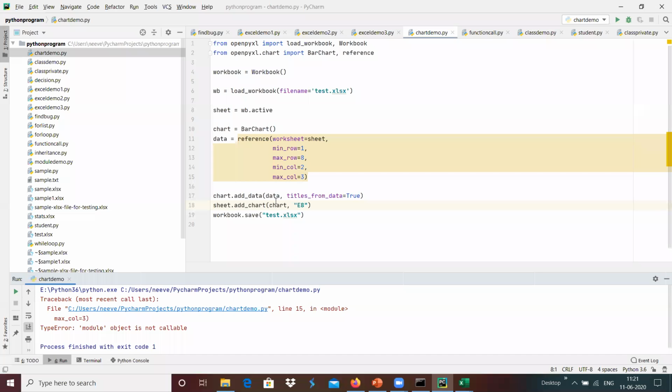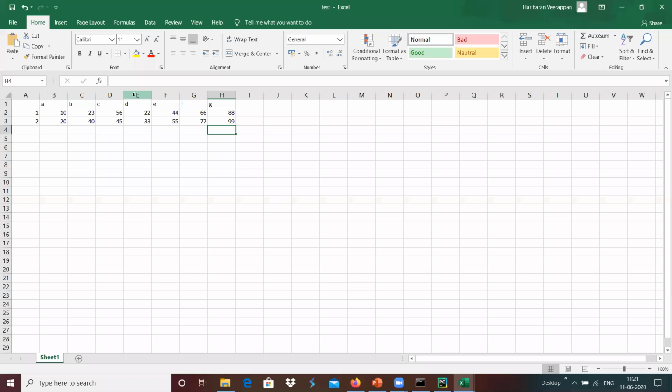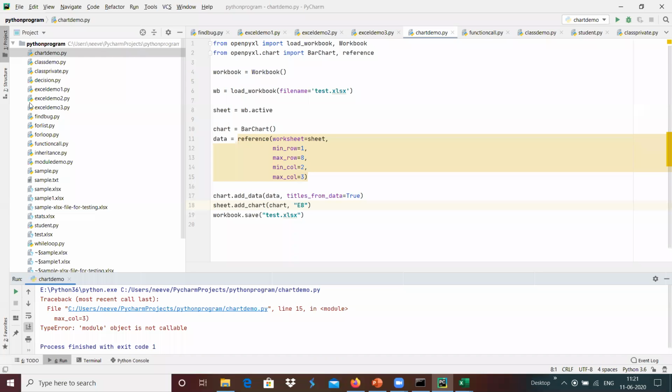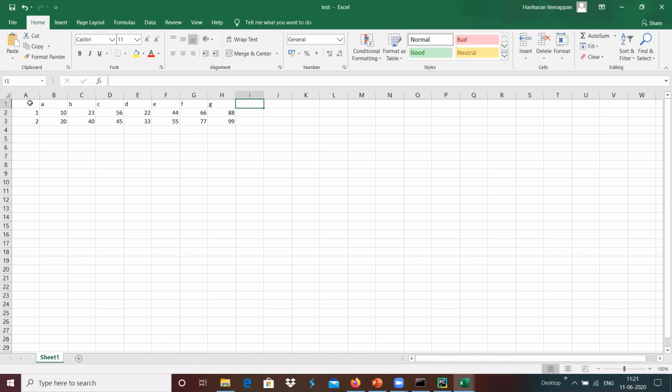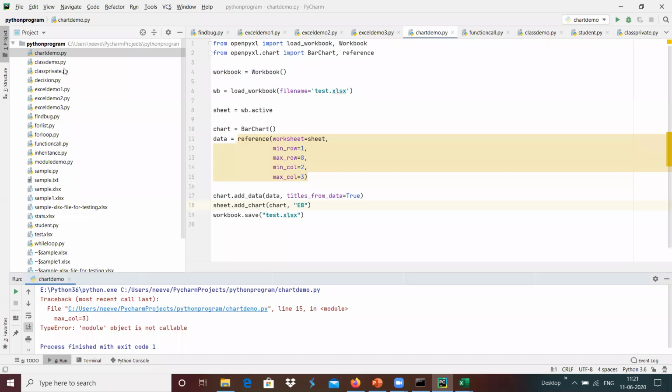It was present. 1, 2, 3, 4, 5, 6, 7, 8. Min row and maximum row. Maybe I'm going to add h equals 1122 over here, and I'm going to execute this again.